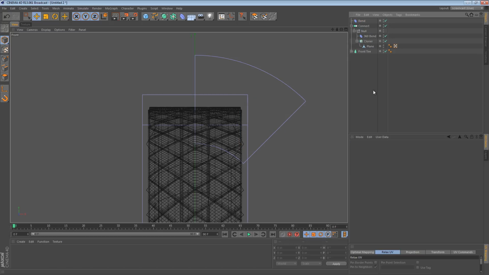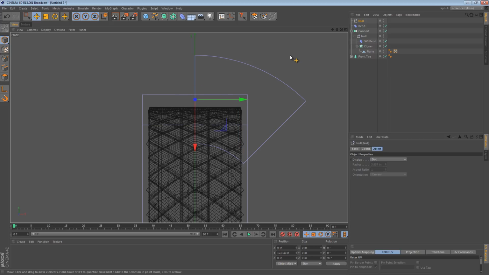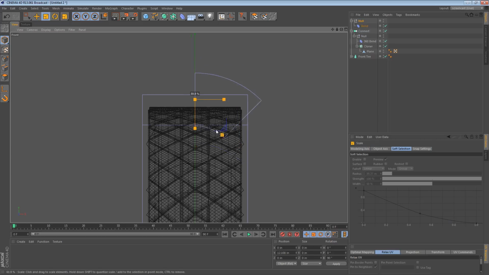And if we wanted to maintain it perfectly on the center, what we could do is group it, ungroup it, so we have a null at the exact spot where it is, and then 0 on the x-axis, and put the bend back into it, and then we can just scale from the null object, and it's scaling using that coordinate system. So I'm going to move the bend deformer down to right there, right on the surface